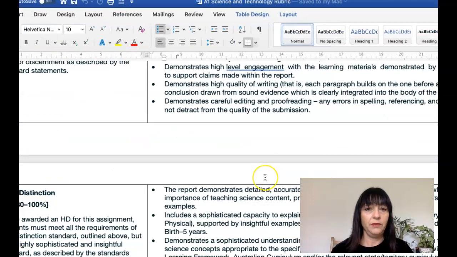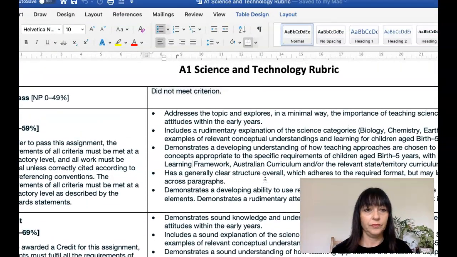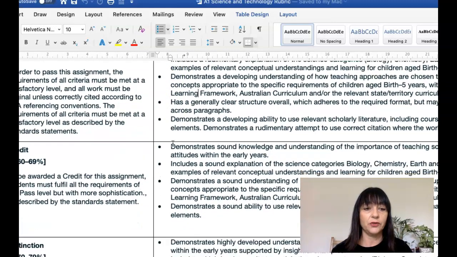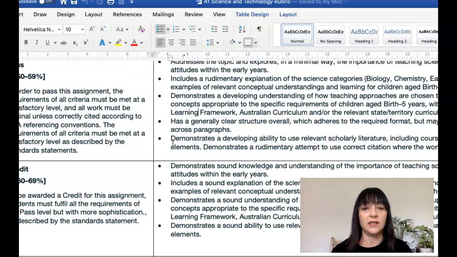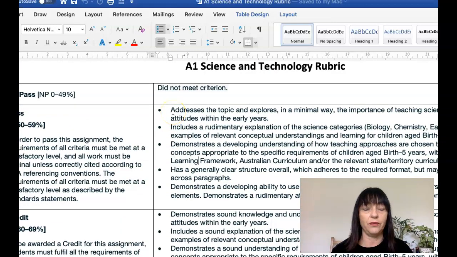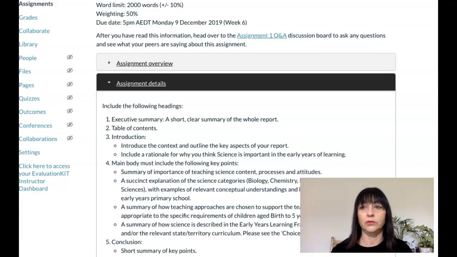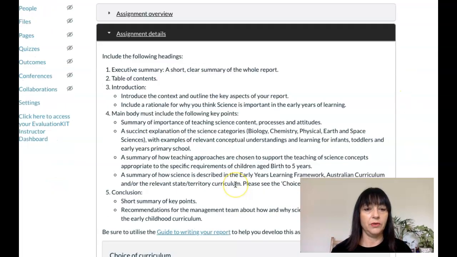So if we're looking at the criteria, focus initially on the first 3 dot points of each pass, credit, distinction. That's like a sequence, they're all linked. So for instance, in pass, it says address... oh, goodness me, sorry, that's not great. I'll go in through here,